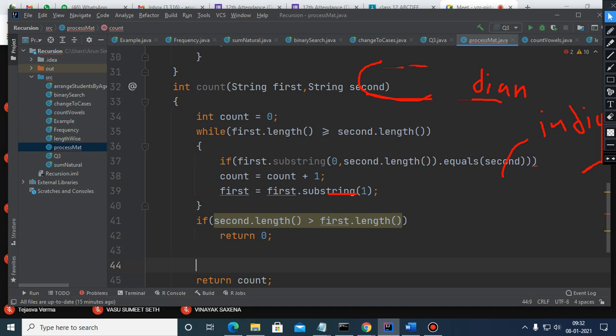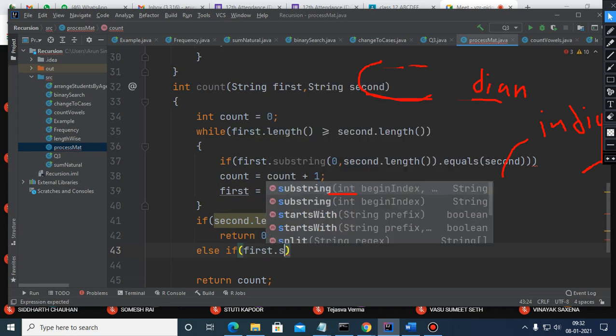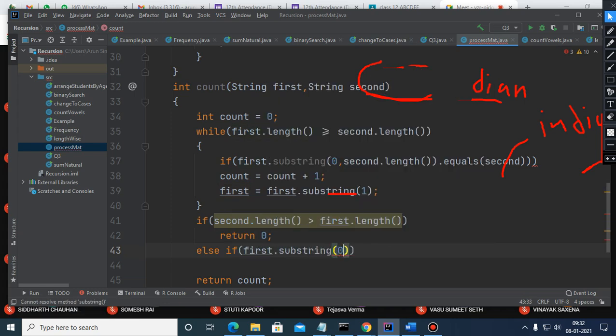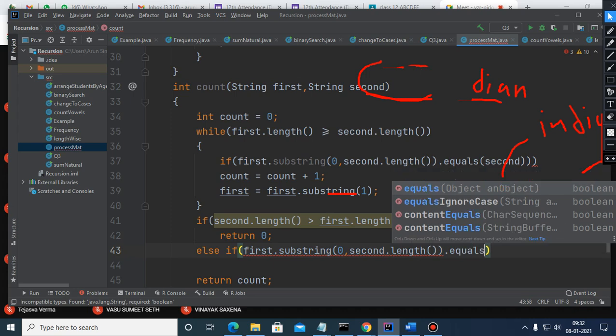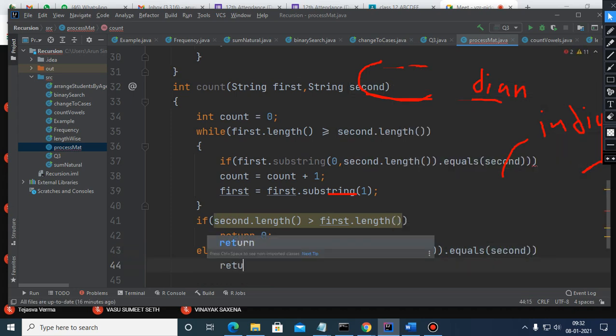Second thing is now come to this if part, and here you have to compare. So that is, else if first dot substring 0 comma second dot length dot equals second. And if this is the case, it means match will occur. So I'm just adding 1 in the accumulator.